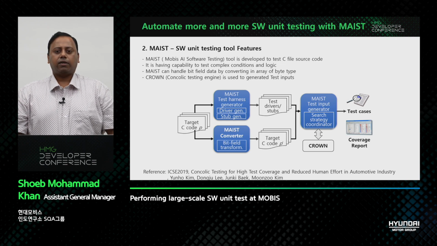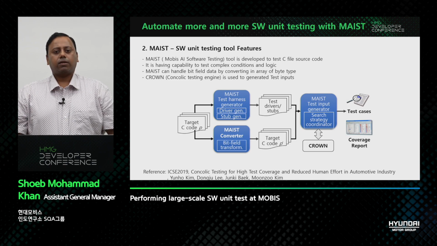Initially, the MIST harness generator analyzes the input C source file and automatically generates test driver and stub functions for each function present in the source file. Subsequently, MIST converter comes into play by replacing the bit fields with the data array of bytes. Additionally, it substitutes all arithmetic expressions related to bit fields with equivalent expressions that operate on the data array using bitwise operators. Following the generation of test inputs,